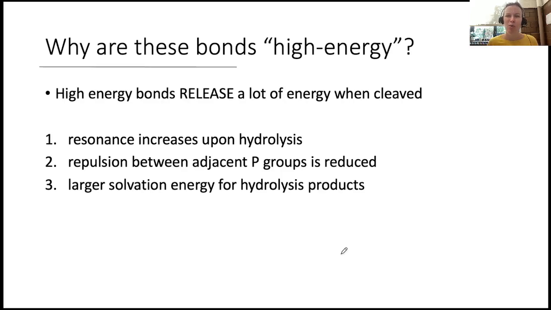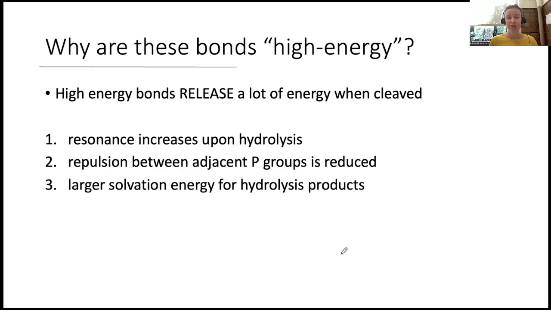Now let's talk about why these bonds release so much energy. For the 3 reasons listed here on the screen, and on the next slide we'll draw our way through each of them to try to understand what each of these means. First, when we cleave off one of those two phosphates,